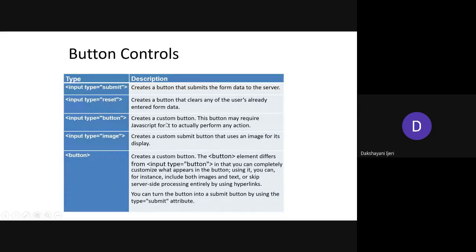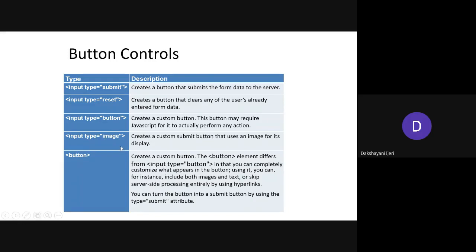where you are going to give a name of your choice. See here, if you take input type is equal to submit and input type is equal to reset, these two are going to create the buttons with the labels submit and reset only. You will not be able to change the name of those buttons if you take type is equal to submit or type is equal to reset. In case you want a clickable button with a name of your choice, at that time you can use input type is equal to button, and we'll see how to give our own name over there, right?